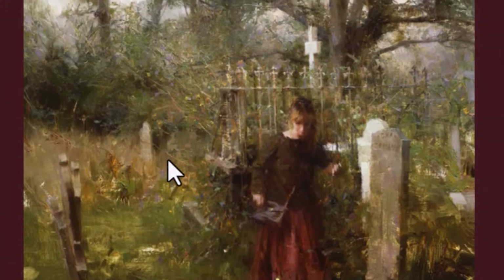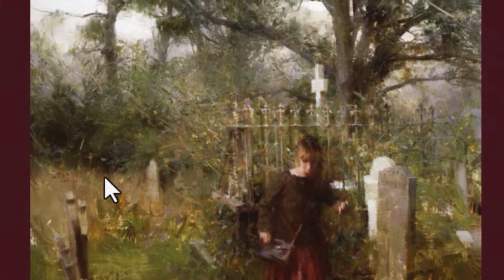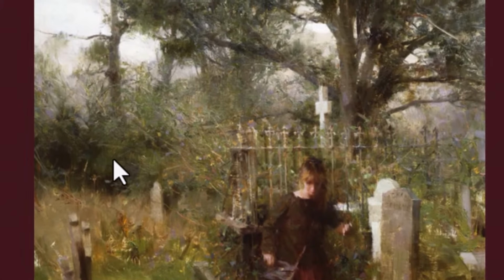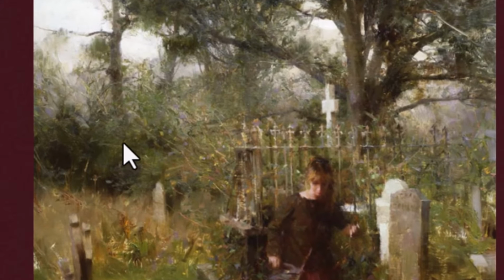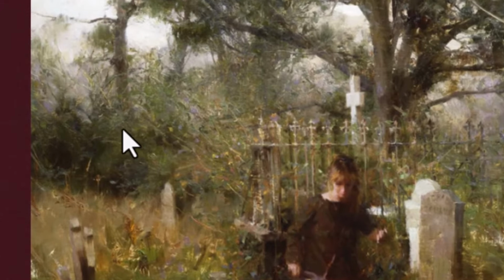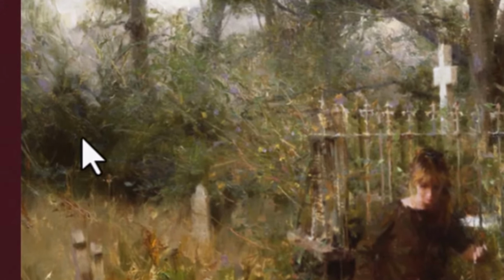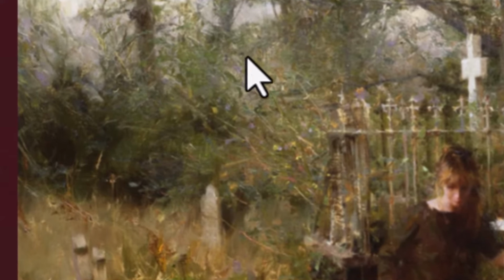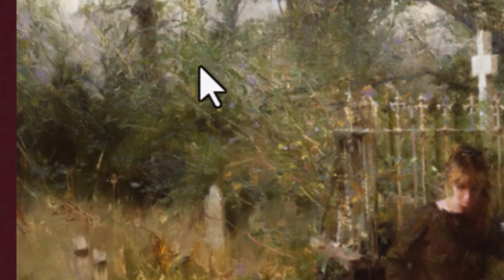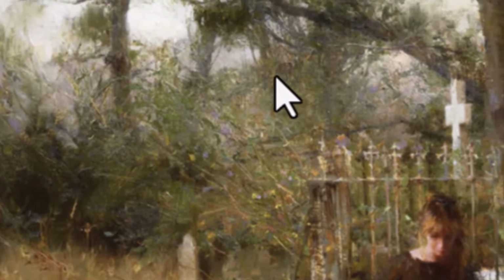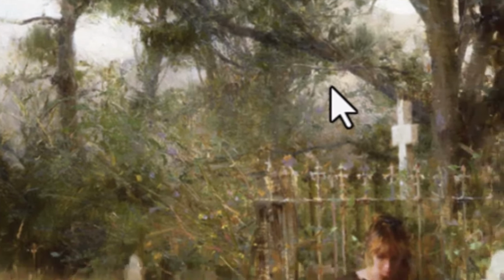Here's an example right here, of where edges almost get lost, but they're blurred in such a way that the images visually blend one into the other. See lots of really lost and blurred going on in these areas.